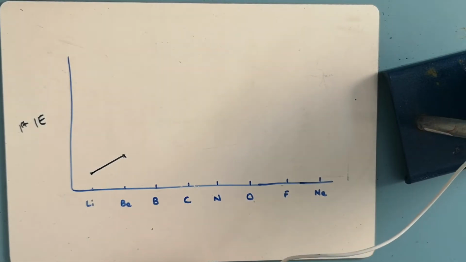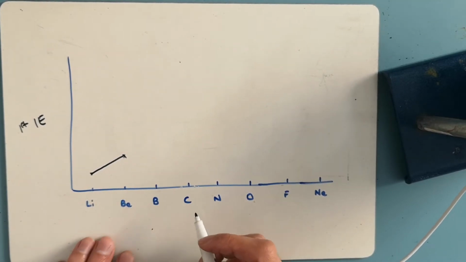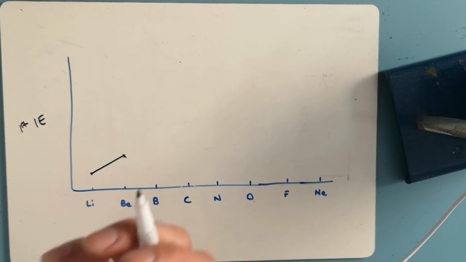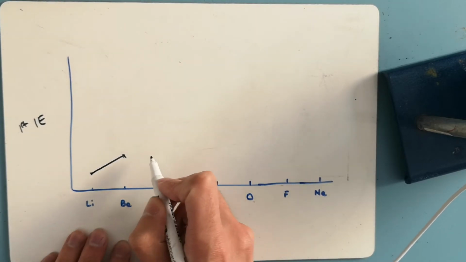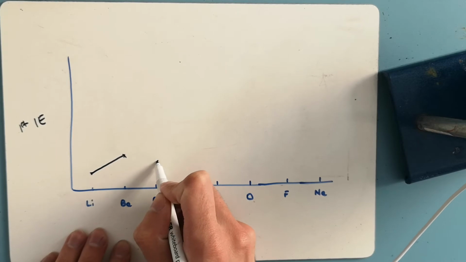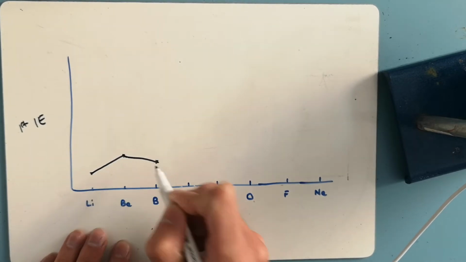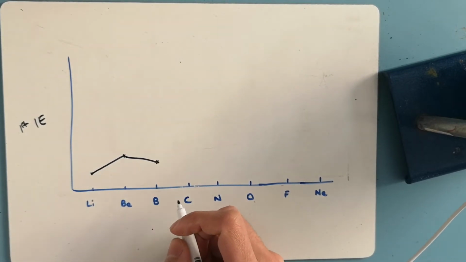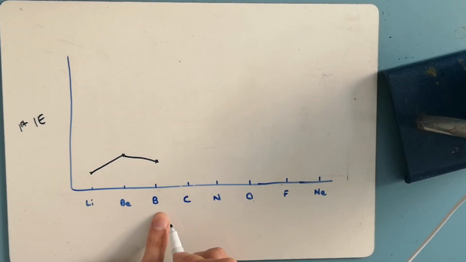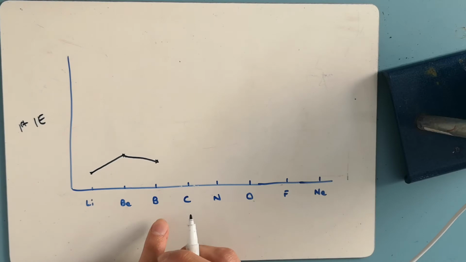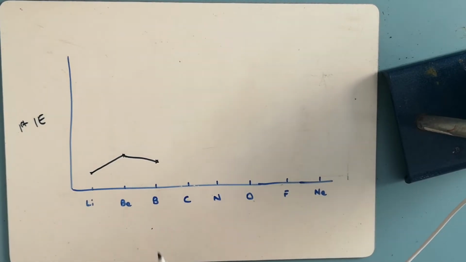And so beryllium has got 4 protons and the same amount of shielding, so it can hold on to its electron a bit better than lithium, so we need more energy to release it. We do get a drop now. So boron drops down. Now this is because here we've got our S blocks, now it's going to a P block. And now this P block, a bit higher in energy, it's easier to remove an electron from the P